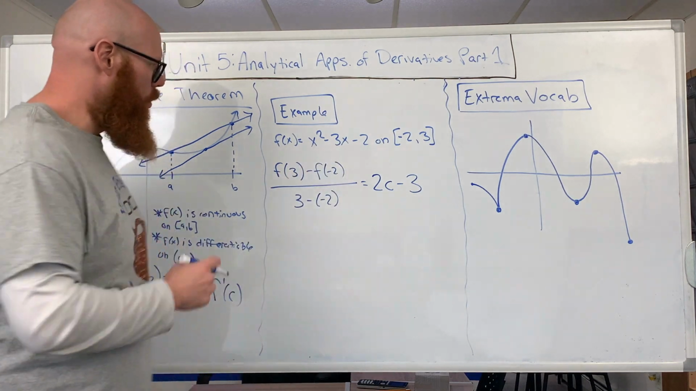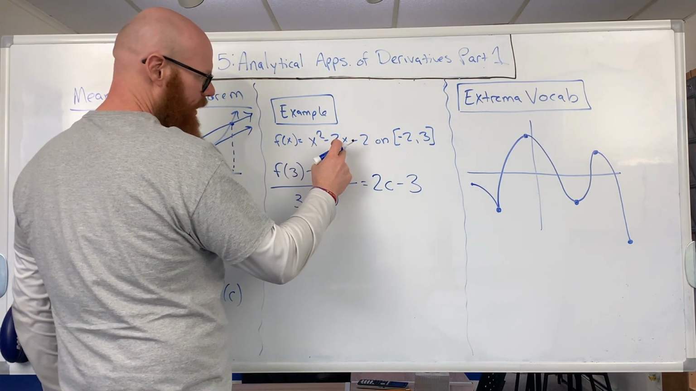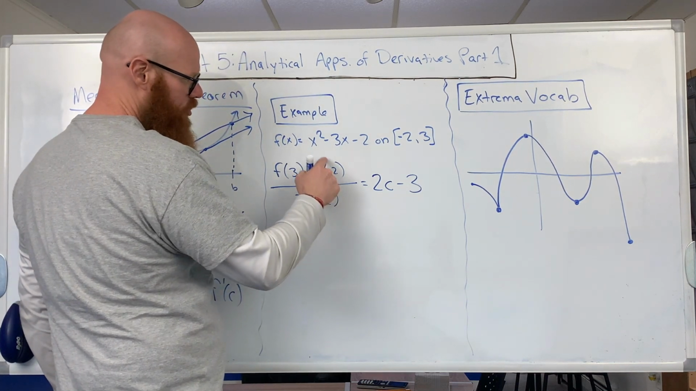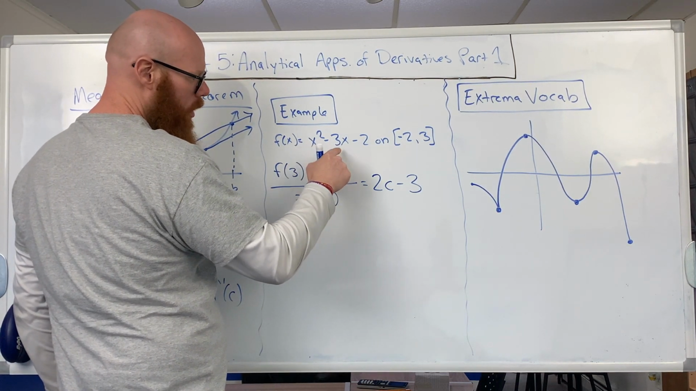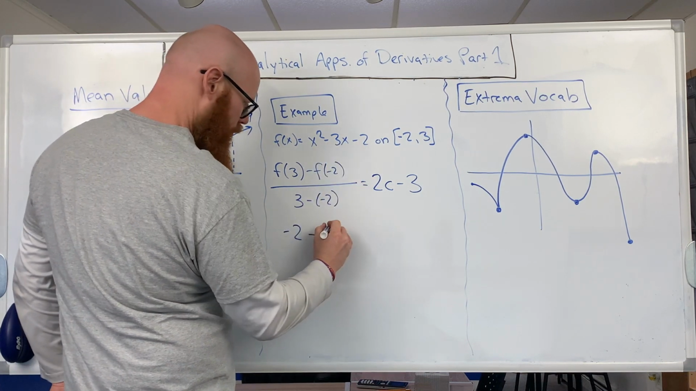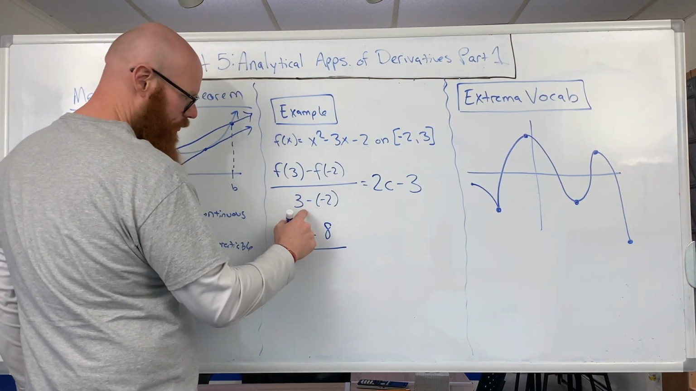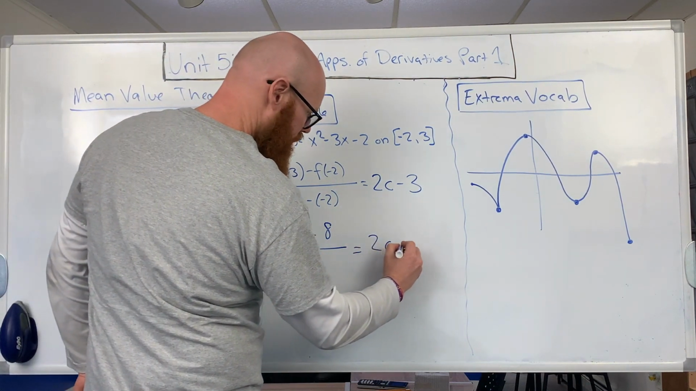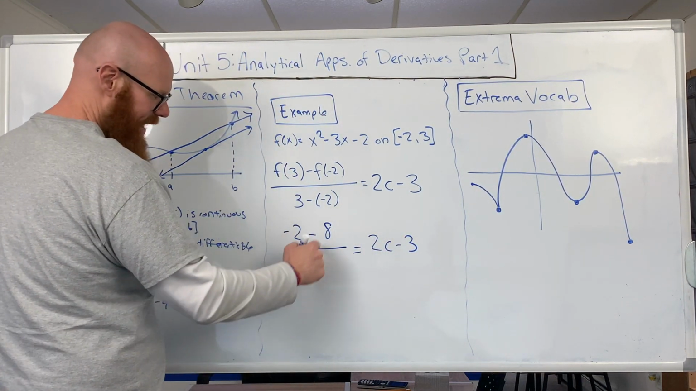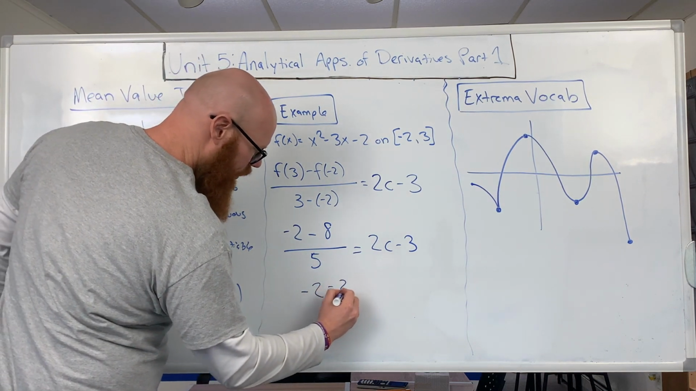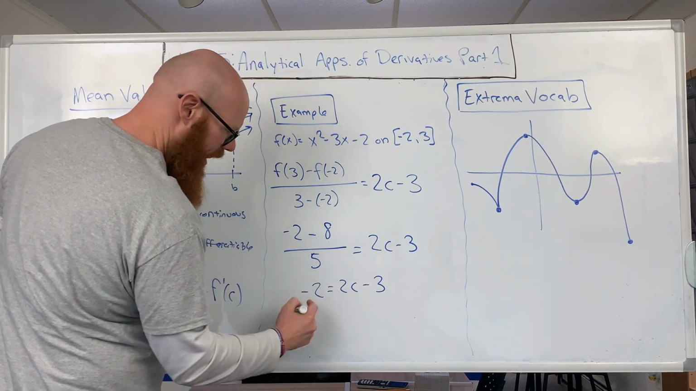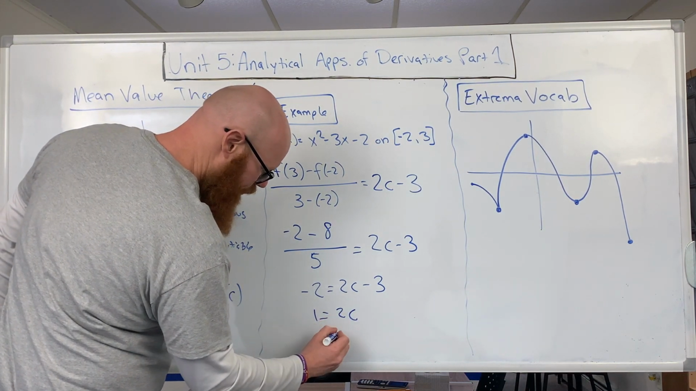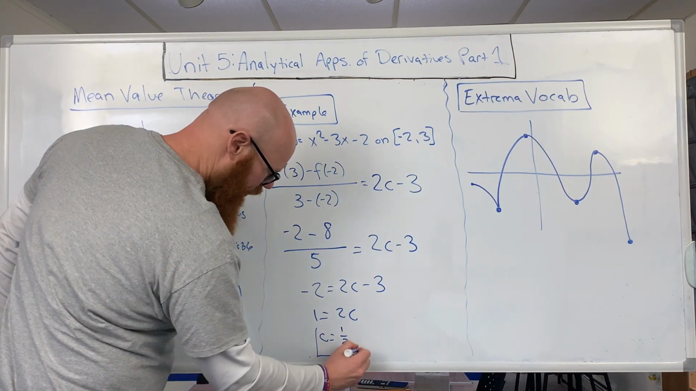So f of 3. Well, just plug in 3, so we get 9 minus 9 is 0. That's negative 2. F of negative 2 is 4 plus 6 is 10 minus 2 is 8. 3 minus negative 2 is 5, equals 2c minus 3. This is negative 10 over 5, which is negative 2, equals 2c minus 3. Add 3 over, 1 equals 2c, and c is going to simply equal 1/2, and then we can just double